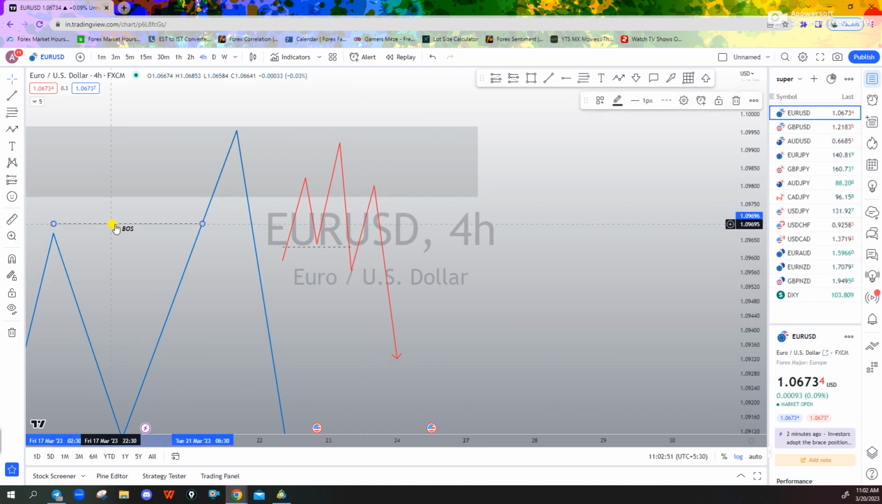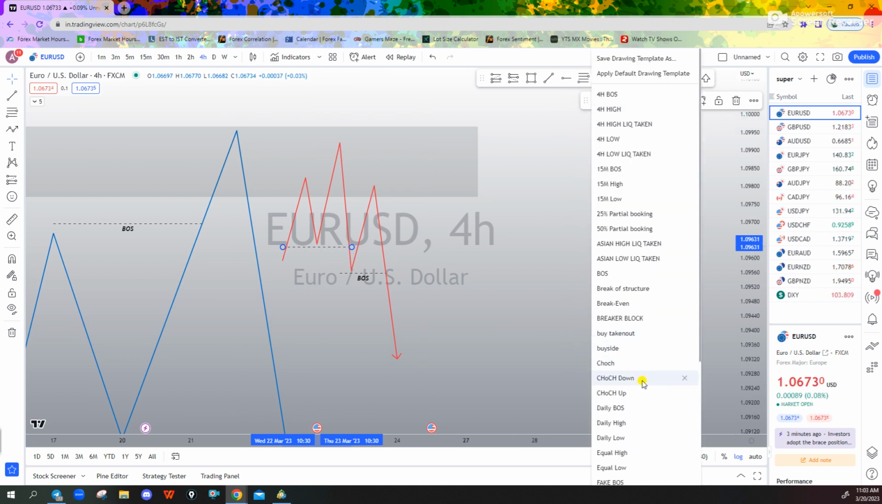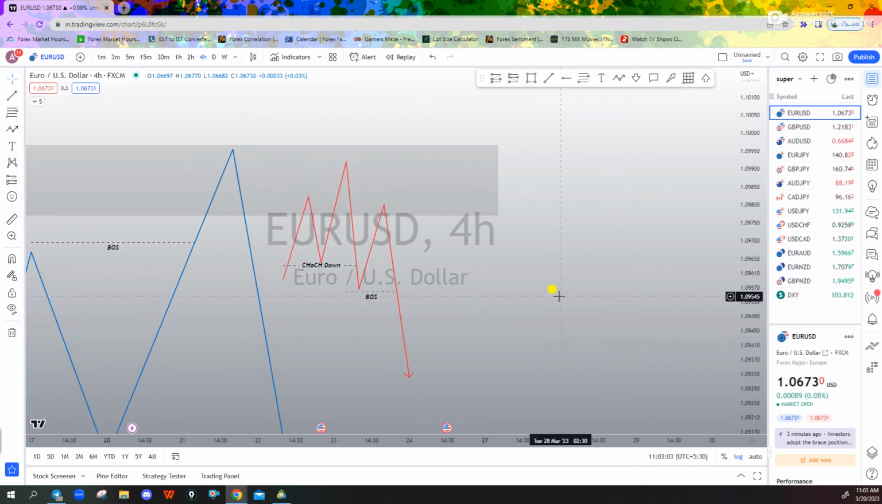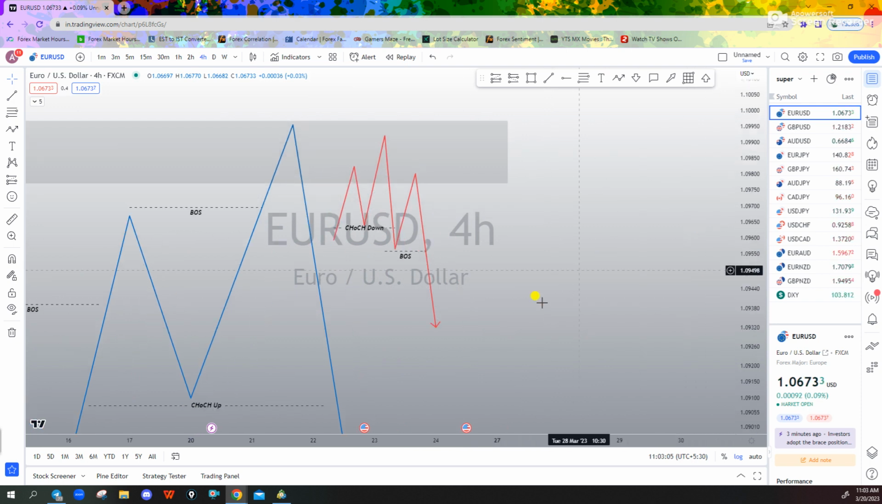So this can be considered as the break of structure, because on the 5-minute time frame this is a minor break of structure and this is a Choch down. And just go opposite with the upper side as well. If the market goes up, you have to just consider this one as the opposite side. So now